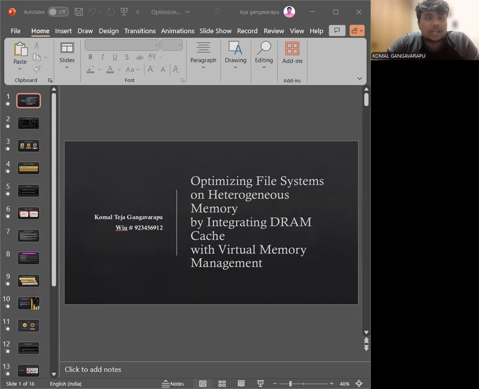Today, I'm presenting my project on optimizing file system on heterogeneous memory by integrating DRAM cache with virtual memory management. And this is the third part of the project. I've already submitted the first two parts of the project. And coming to the introduction,